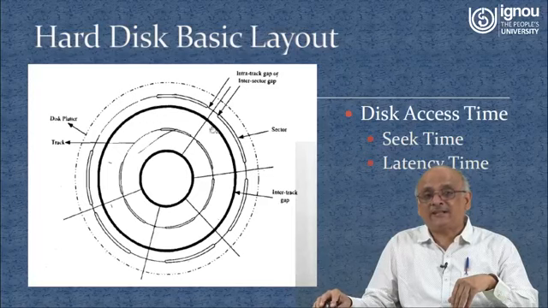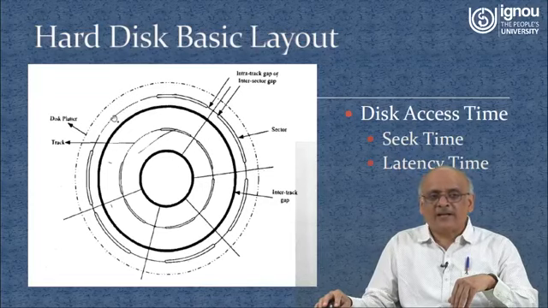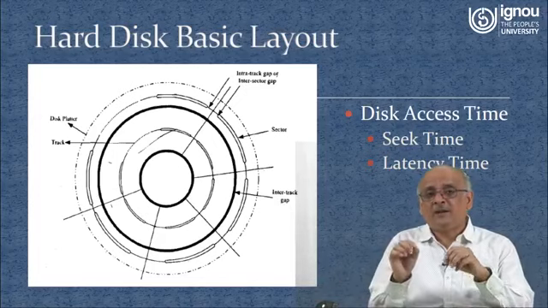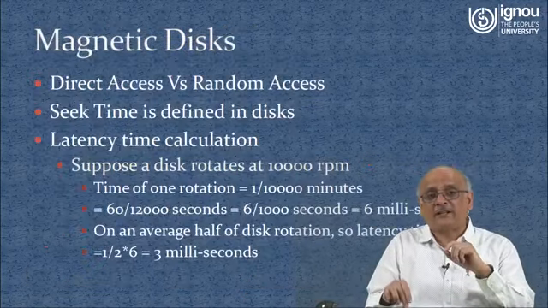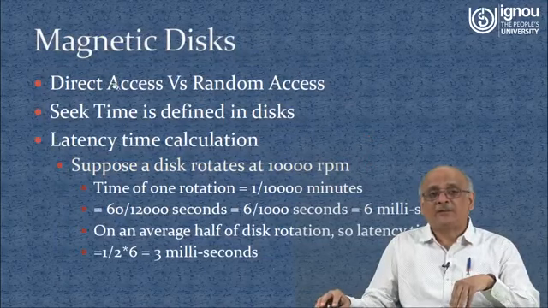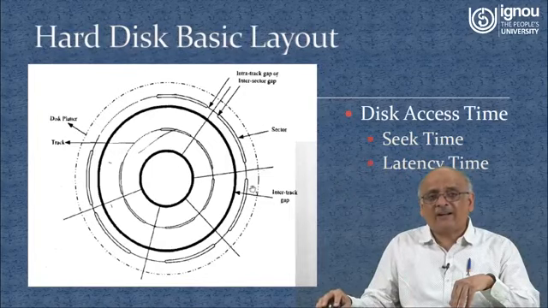Latency is the rotational latency. Now this is the worst case, when the sector has just passed. The best case is when the sector is about to come. There can be other cases, where the sector is somewhere in between. So on an average, half a rotation is the time of latency. The time taken for completing half the rotation is the latency time. This is what we are referring to when we refer to a disk.